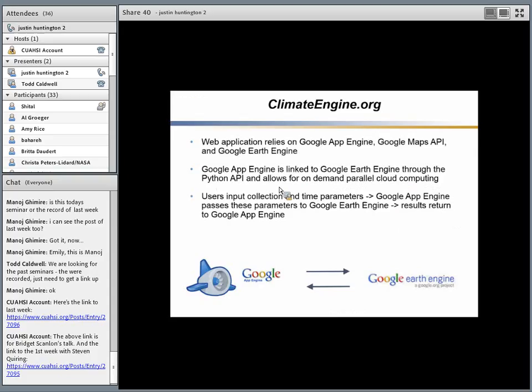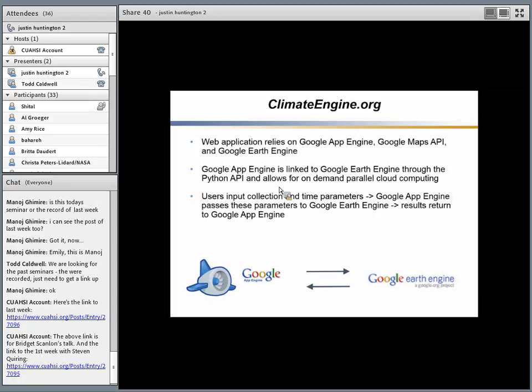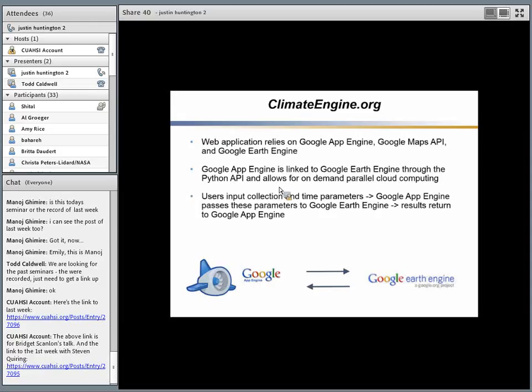So what is this thing? The web application relies on Google App Engine, which is basically the front end, and Google Maps API, and then Google Earth Engine is the back end. And so Google App Engine is linked to Earth Engine through the Python API and allows for on-demand parallel cloud computing. And so basically users input collection and time parameters through Google App Engine, and then App Engine passes these parameters to Earth Engine in the back end, and then the results come back into the front end,